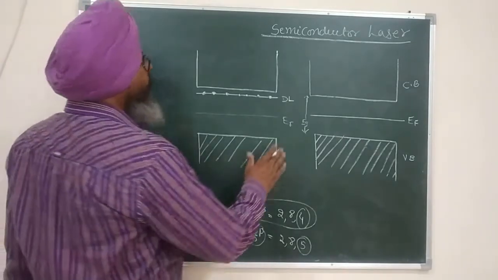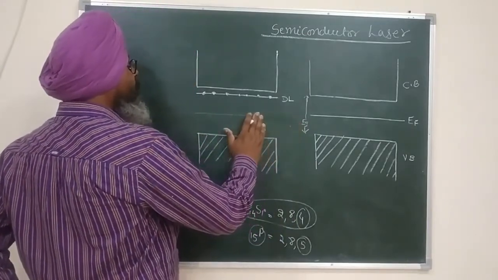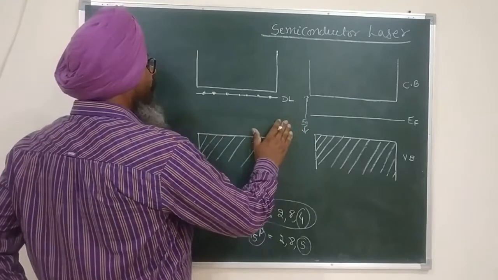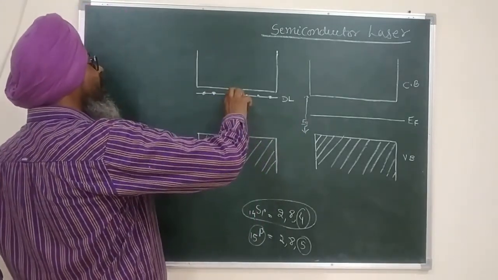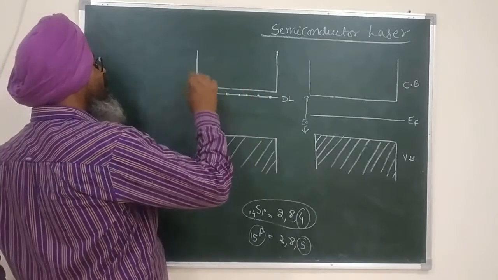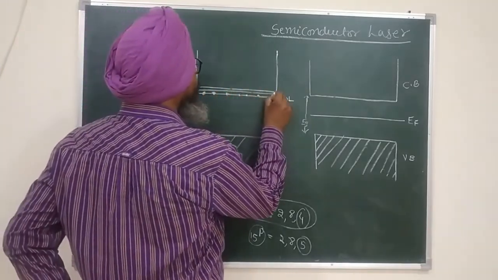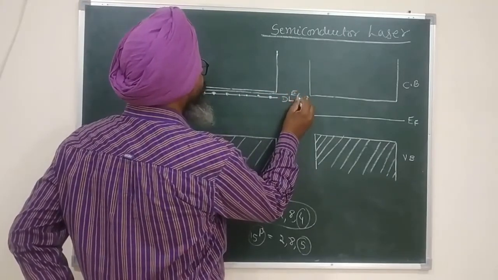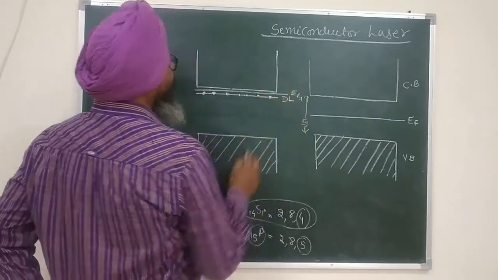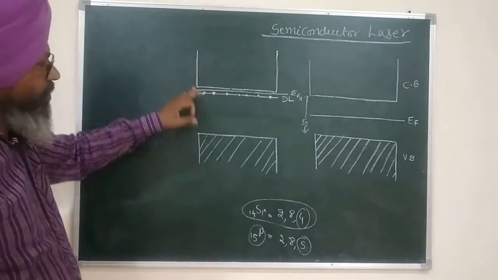So just to convince you, I took this example, so you can just believe me that in case of n-type semiconductor, the Fermi level is not in the middle of this gap, but rather it is in the middle of this gap. So it is somewhere here. This is the Fermi level. I will put just a subscript n here, and it stands for the example of an n-type semiconductor.